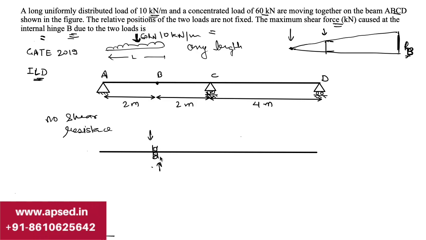Now after putting a vertical roller, we apply a unit shear force. So this right part will come up according to the positive sign convention, and this left part will go down. Let's try to bring this right part up. It should come something like this, and the left part down, something like this.